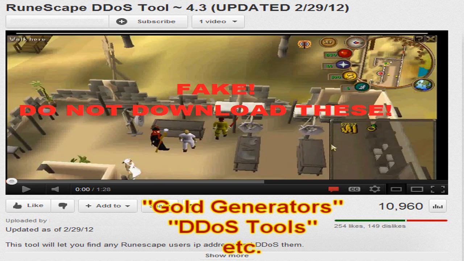These do not exist and are 100% fake. Please do not go and download them, thinking, oh, this will get me free gold, or this will allow me to DDoS people. That's not how DDoSing works. One, DDoSing is 100% illegal, and taking down someone's internet is a violation of their human rights. You're not allowed to do that, and you will